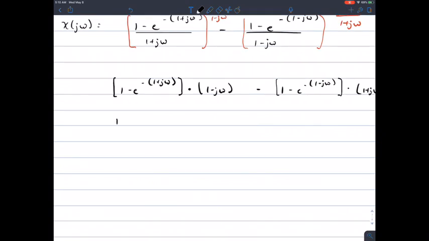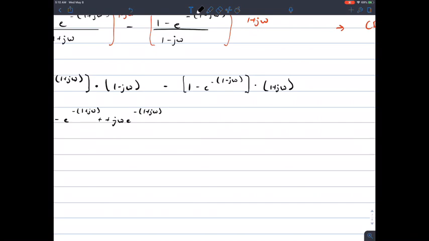Alright, so 1 minus j omega plus, minus e to the negative 1 plus j omega minus j omega e to the negative 1 plus j omega. So minus, I'm going to go ahead and just distribute the minus so I don't have to worry about it. Okay, so it's going to be plus negative 1